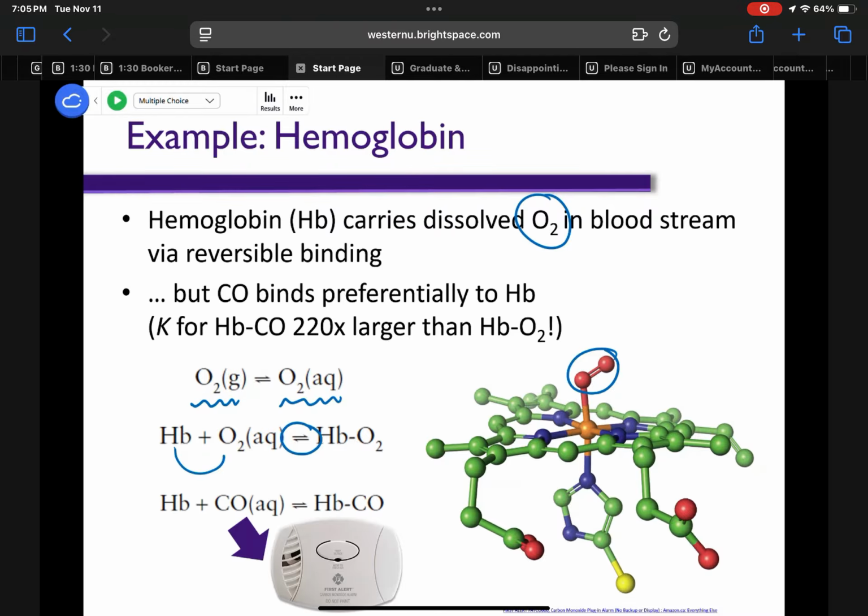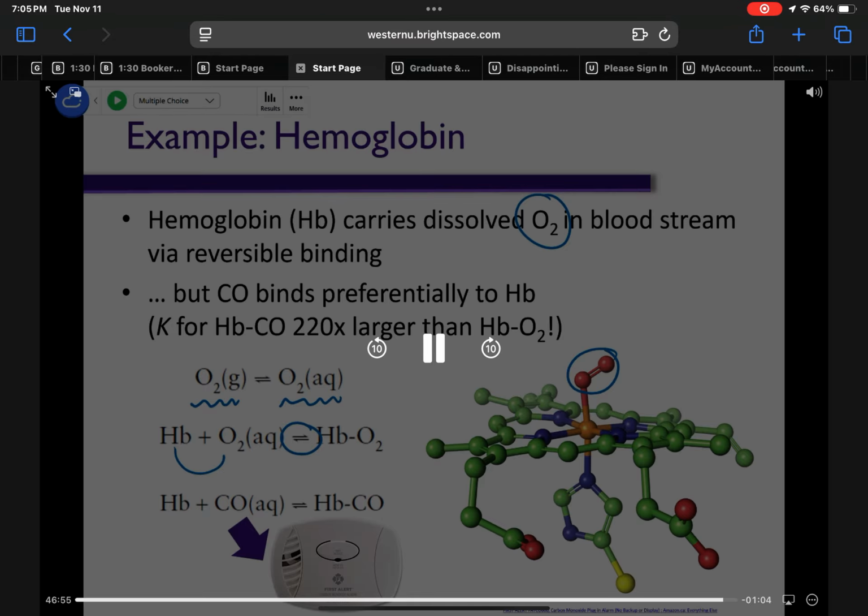Who has a carbon monoxide detector in their home? Hopefully everybody, especially if you have